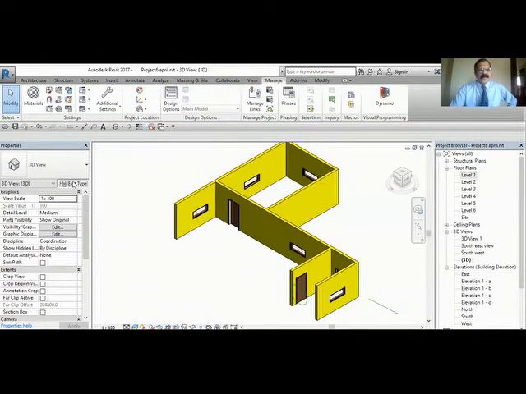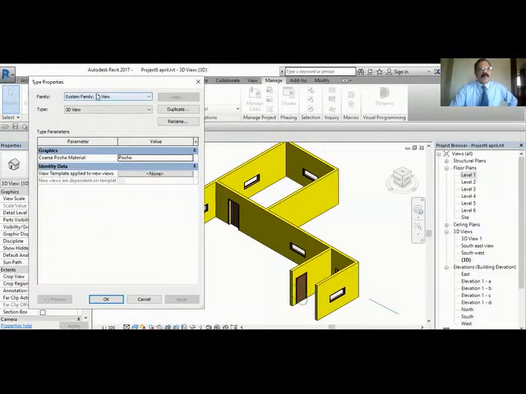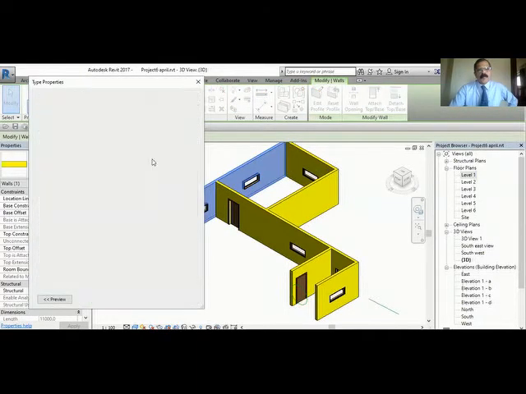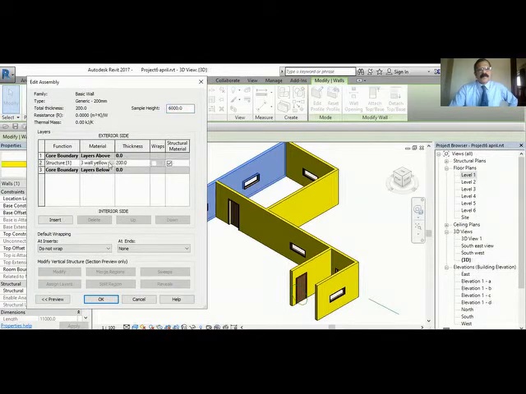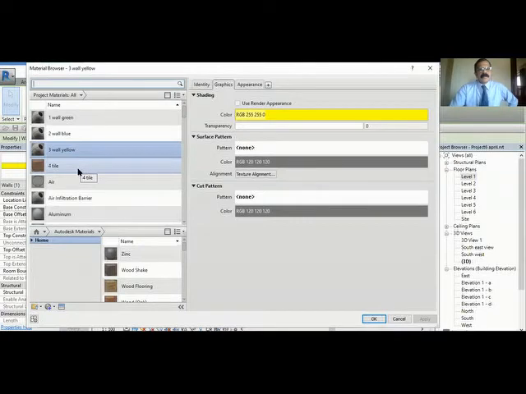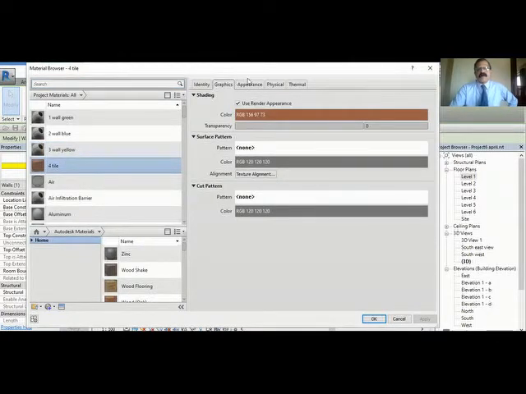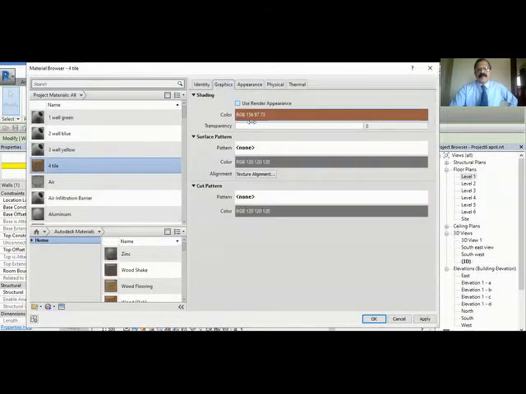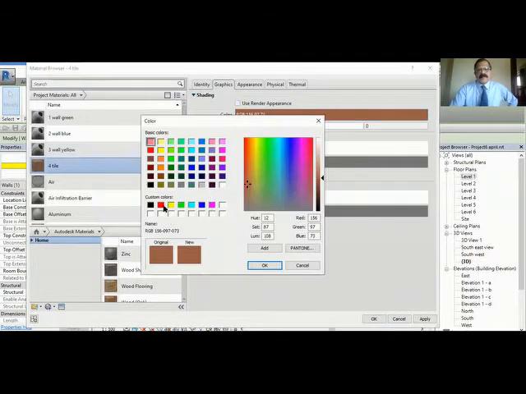Suppose you want to put that tile which we made. See, it will not work because you are not selecting any wall. You have to select one wall. Edit type. Edit. We'll select that tile. Tile. You see the style. What we did was we gave the appearance same as here. Suppose I remove this one and I want to make this red. Create a red, light red.